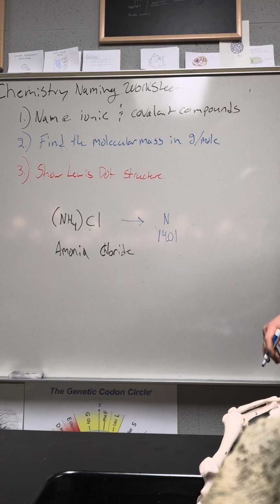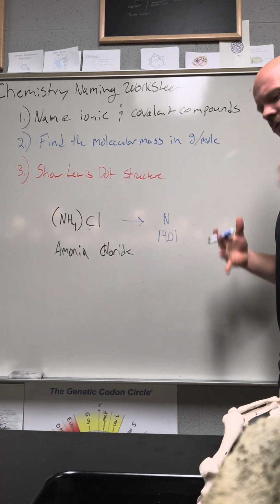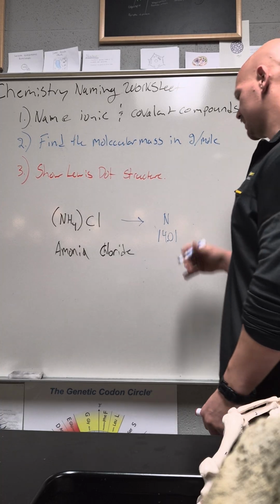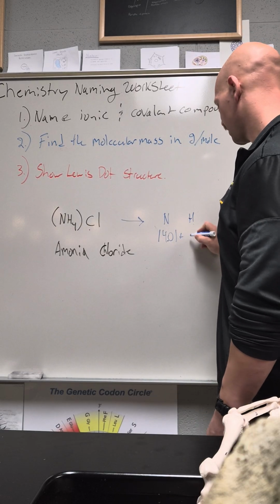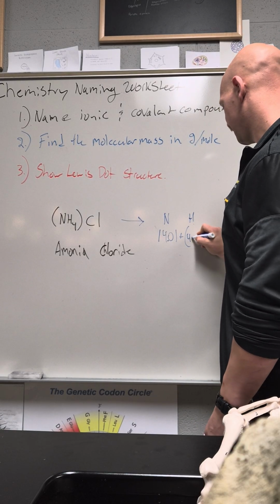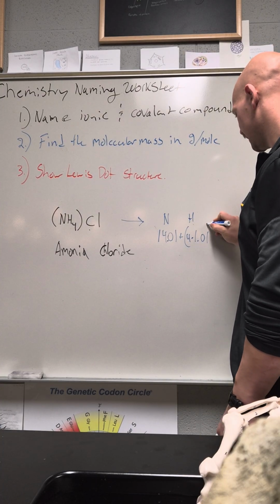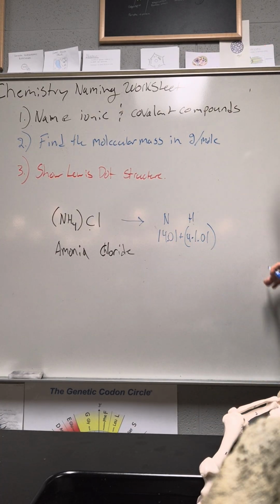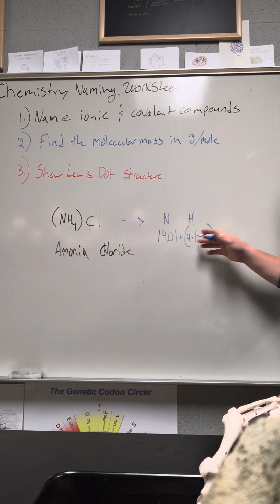Okay, you only have to go with the 4 sig figs for these. Please don't go any further than 4 sig figs because you're just going to make my head hurt, and I can't do math like that big. Usually I just do quick maths. All right, so how much is hydrogen? Well, I have 4 hydrogens, so I'm going to write an equation here where I have 4 times the weight of hydrogen. What's the weight of hydrogen on the periodic table? It's 1.01 AMU. All of this is going to be in AMU. I'm neglecting to put it in here to save us some time. So I have 4 times